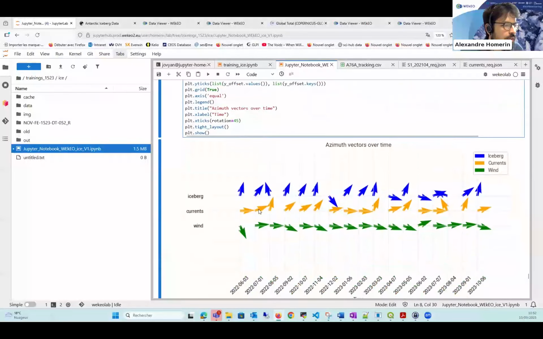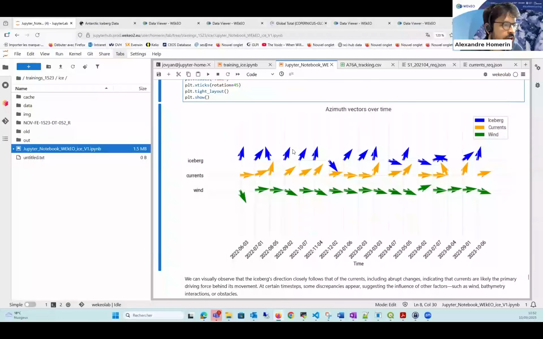And if we look at the results here that I've prepared, in blue, we have the movement direction of the iceberg over each time step. Same thing for the currents and same thing for the winds. And we can see that when it comes to the currents, if we compare the orange and blue arrows, most of the time their directions are very close,